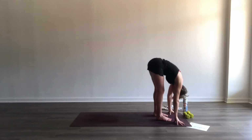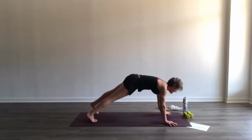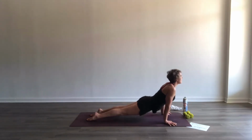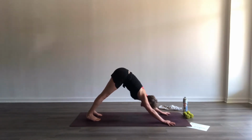As you exhale, fold. Inhale, halfway lift. Step to plank as you exhale. Inhale in your plank. Exhale, down dog or chaturanga, up dog, and down dog. Nice, so we just have one more little flow here, and in this next flow is where we're gonna do